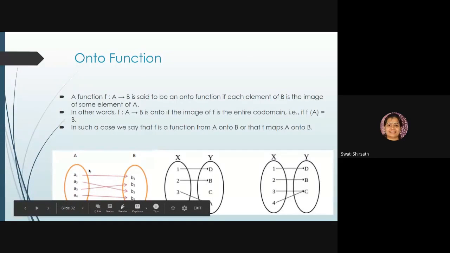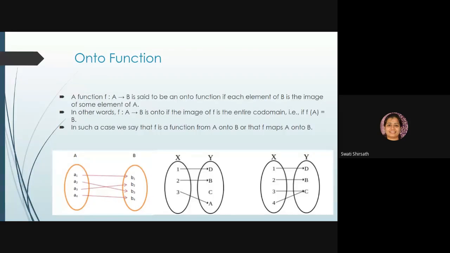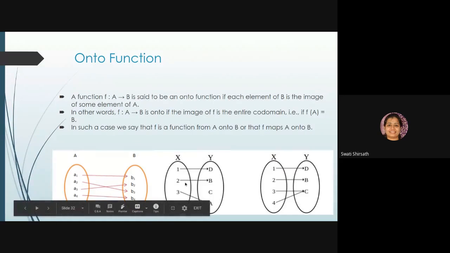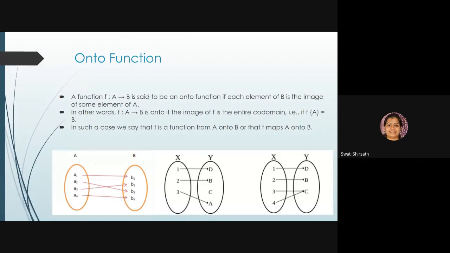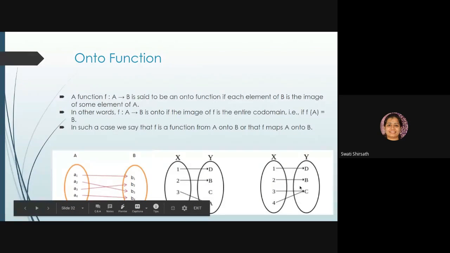Yes. What about this one? It is not. I have already told you. What about this last one? Yes, it is. Can I say all one-to-one functions are onto functions? No. Correct. We can't say that all one-to-one functions are onto functions, because see, this is a one-to-one function, but it is not onto, and vice versa. All onto functions are not one-to-one. Am I right?